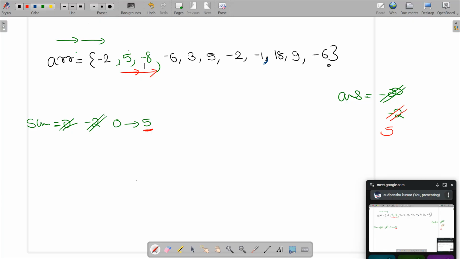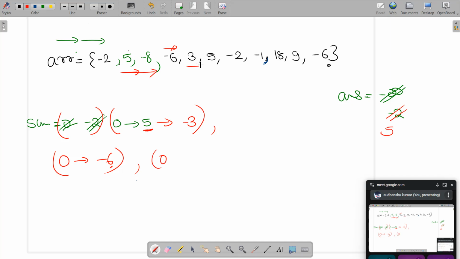Now again I have come here. My train sum becomes -3. This is a moment when I want to break my train. Okay. So this was my first breaking. This is my second breaking. Before I break, I will check, is my current train sum greater than my answer? No. So I will not update, but I will definitely break. I will again reset my sum to 0. I will start from here. It will become -6. Again a net negative. This is also a place where I want to break. Okay. So is my current train sum greater than my answer? No. So I will again reset it to 0 and I will move forward.